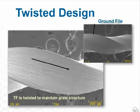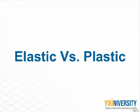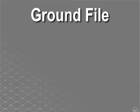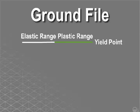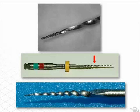Not only is the elastic range wider for twisted files, which accounts for their increased flexibility when you compare it to ground files, but the plastic range is also wider and broader, so they resist fracture better than any file systems available. If we take a look at these two files, on the top, you can see one's overwound and